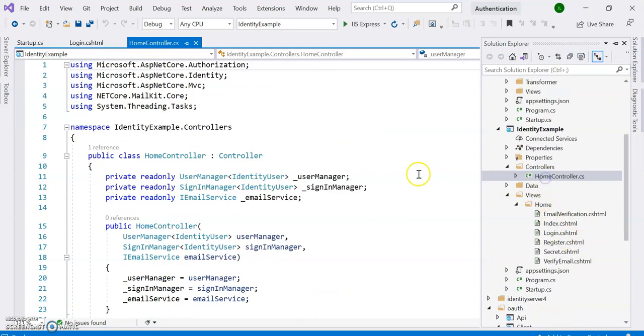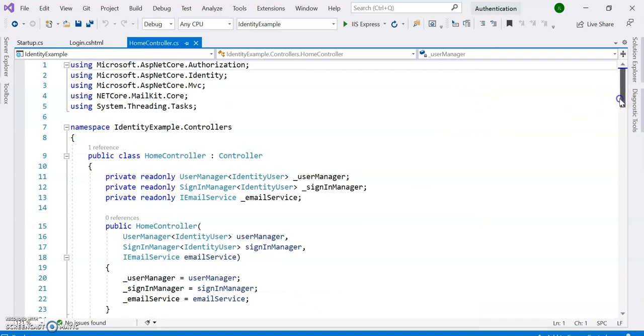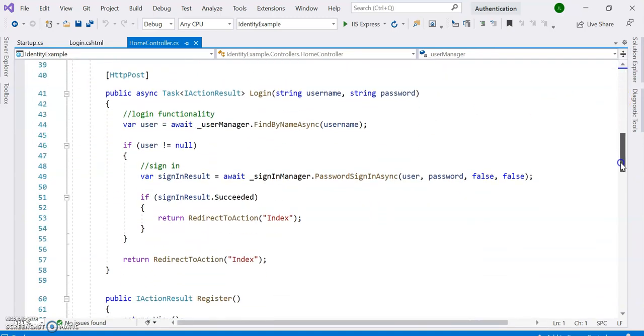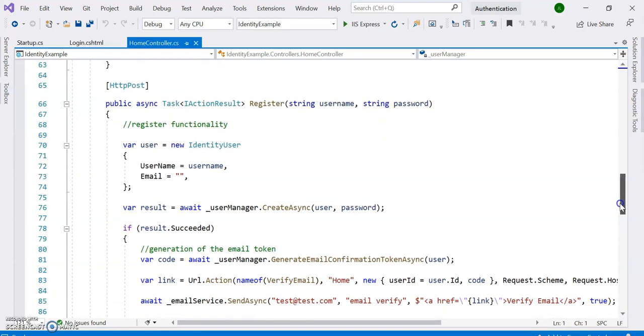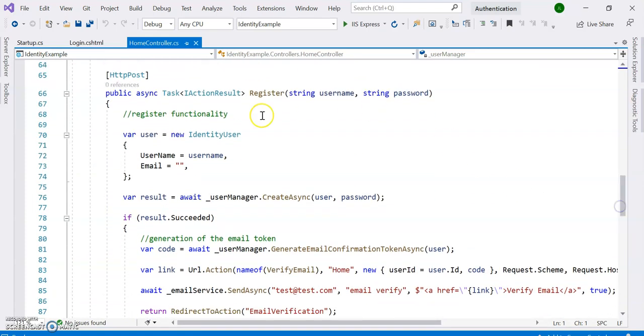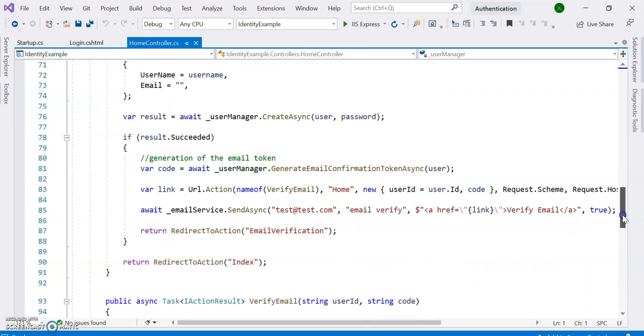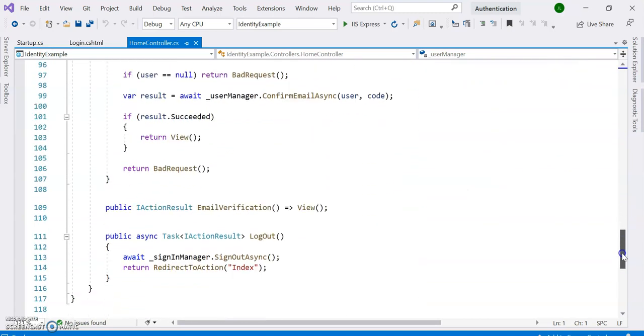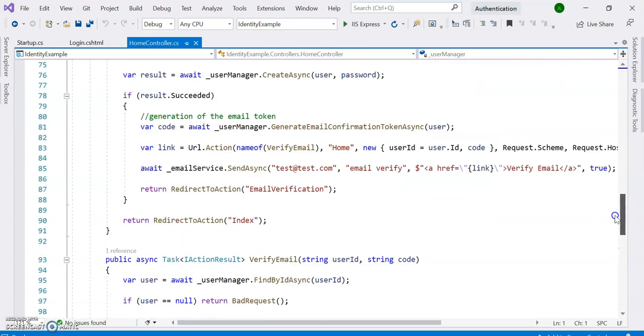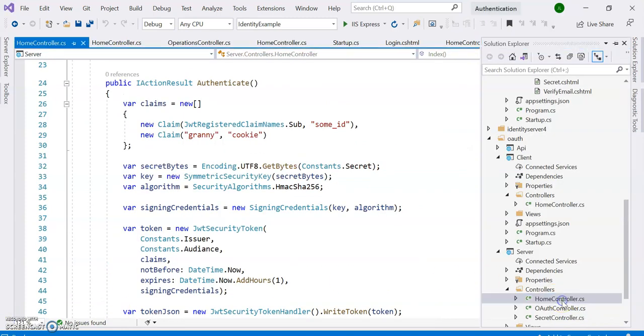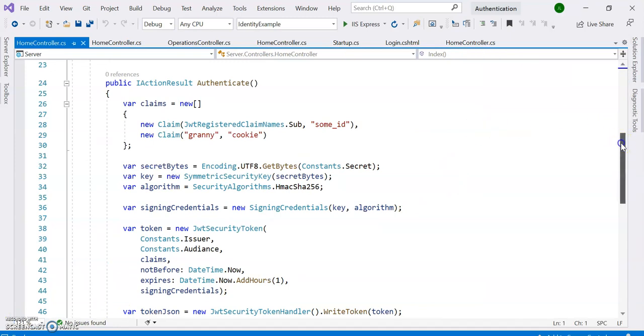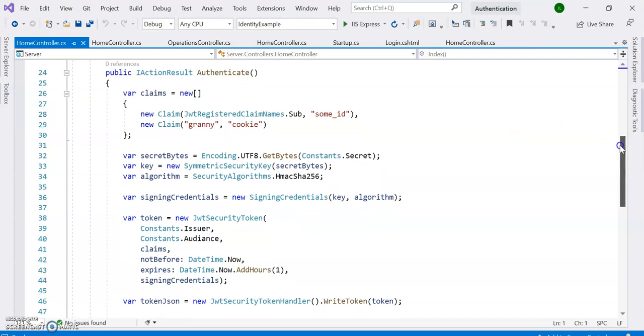in this home controller. You can see that when you register in this API, it will generate one token. It will redirect you to the login page, and when you do your login, one step is also email verification. By going to this home controller, you can see the method for how we create the token. You can see that